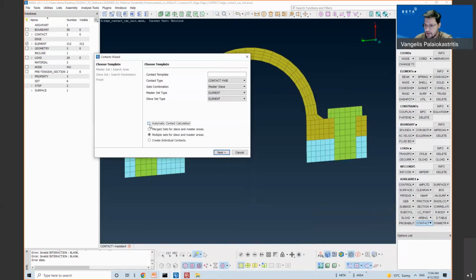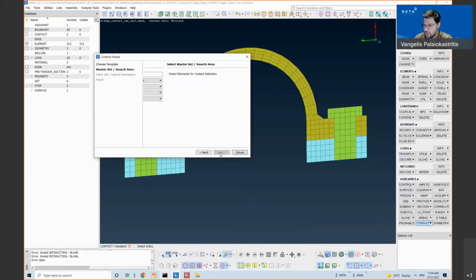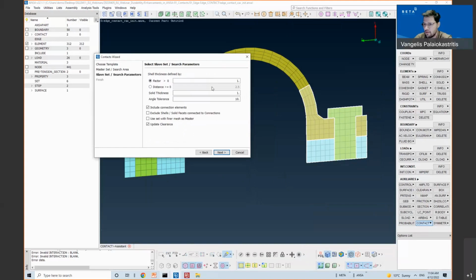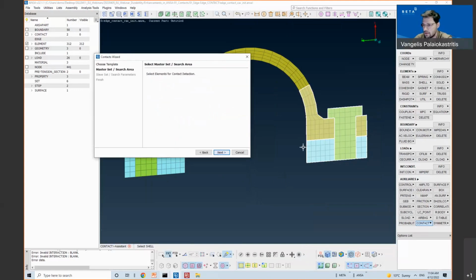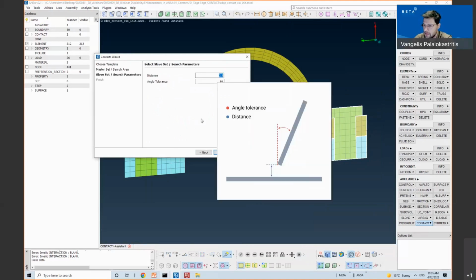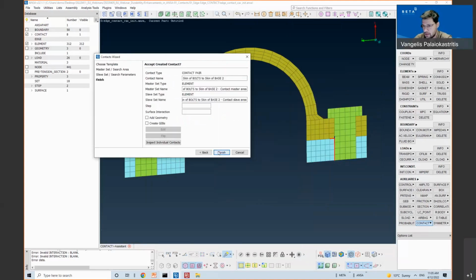The automatic detection works on the selected shell elements and based on the proximity, it will identify the candidate contact areas.